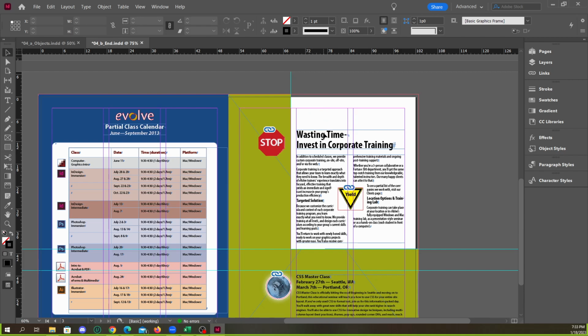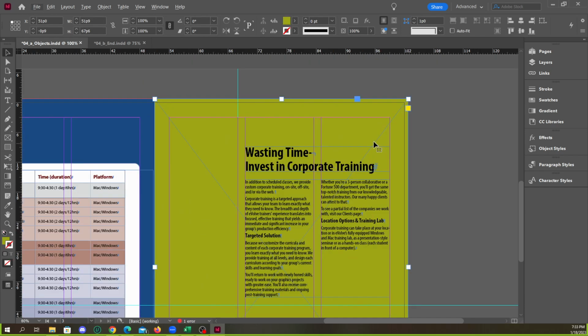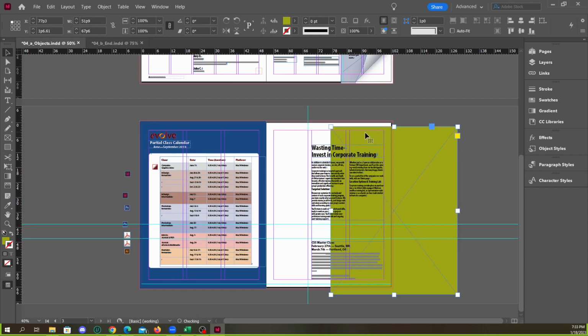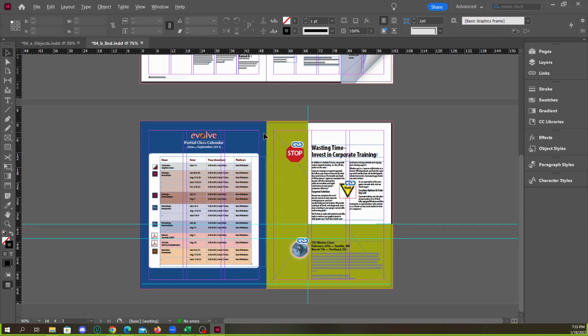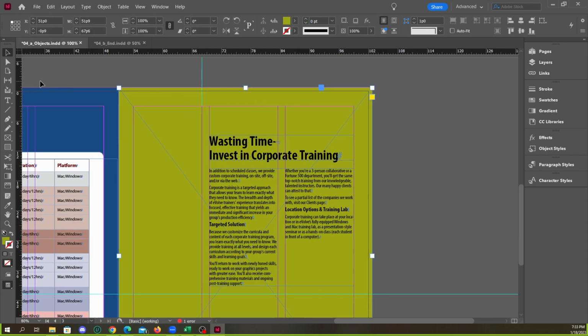We could do that in two different ways. So if you want to modify this to make it look like this L shape, what you could do is with the pen tool, you can click add anchor point tool, add a point here and a point here somewhere,